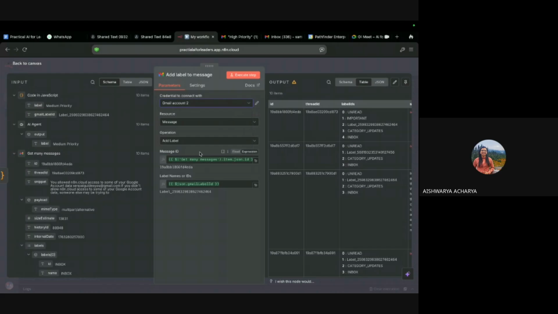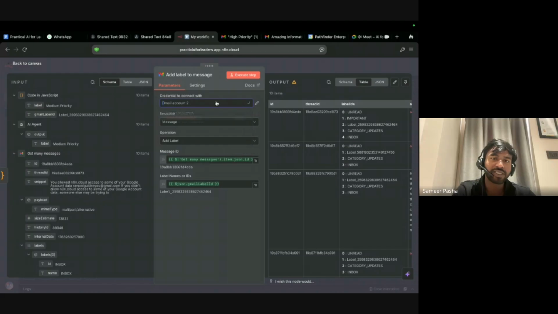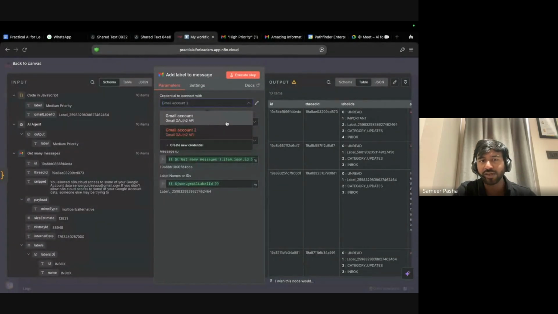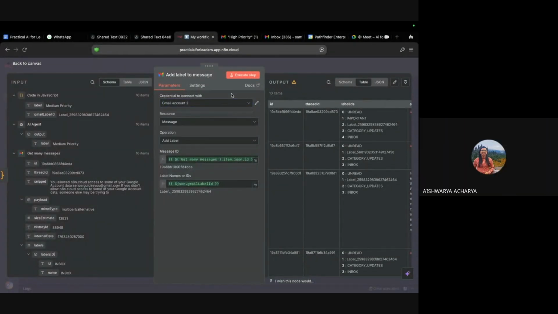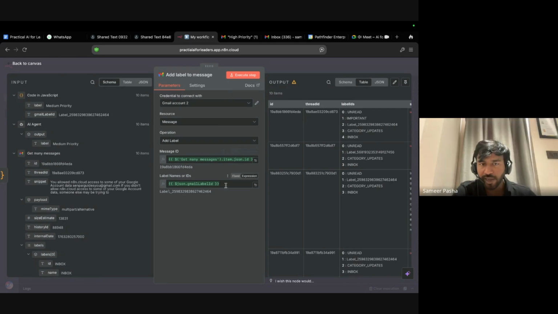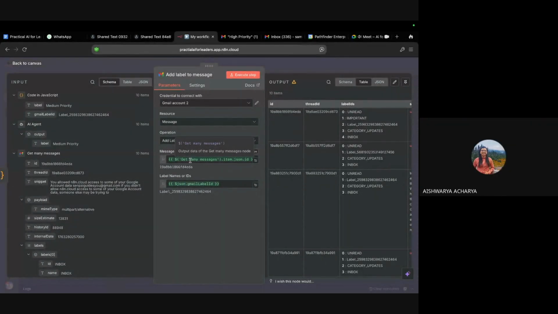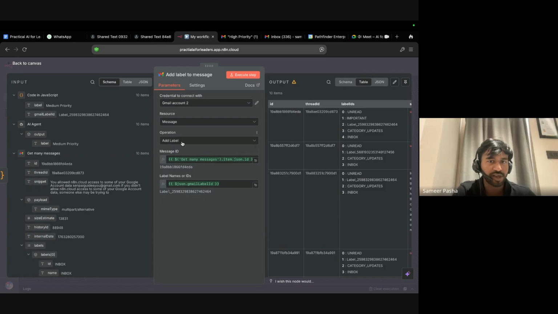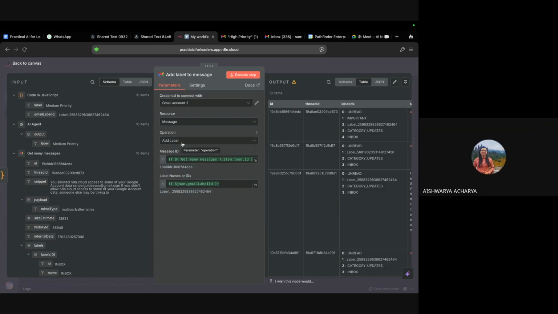You might see only one Gmail account. Correct, I just have that one Gmail account and the other things look the same. So the label name you got from the JavaScript node only, right? Yes. And the message ID from the get many messages component, and the operation is add label only. Add label, that's correct. It says label ID not found in the output.